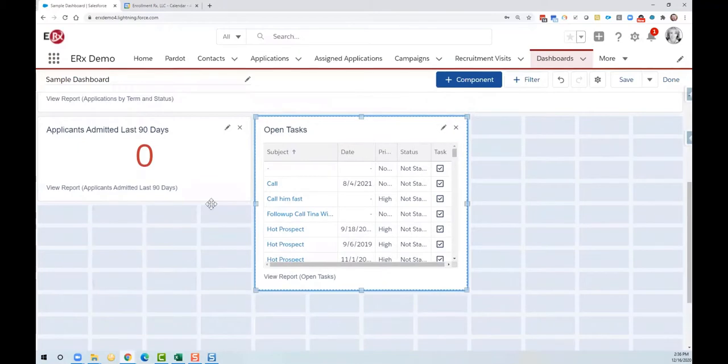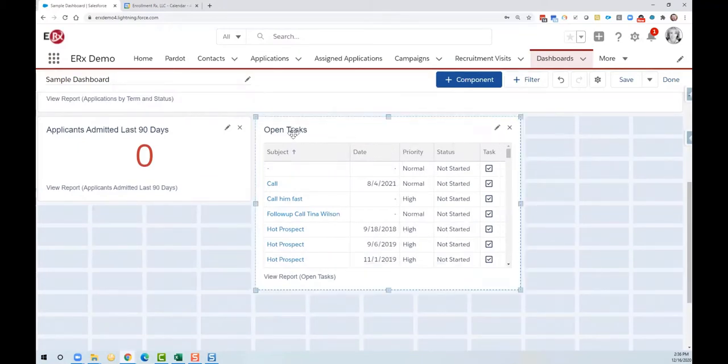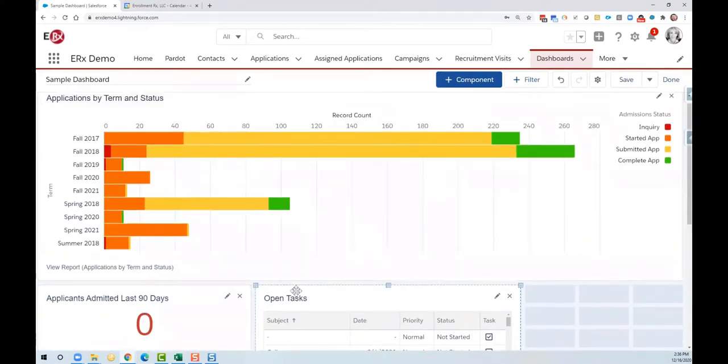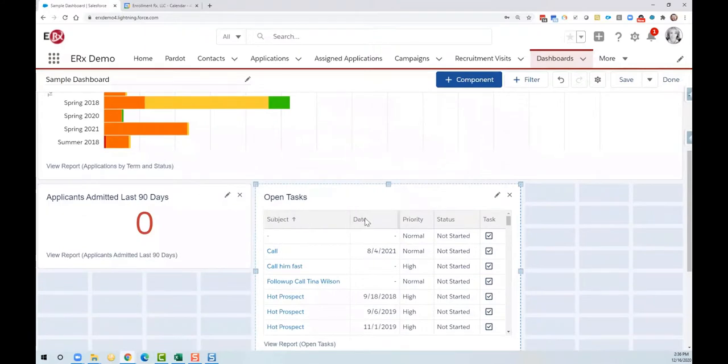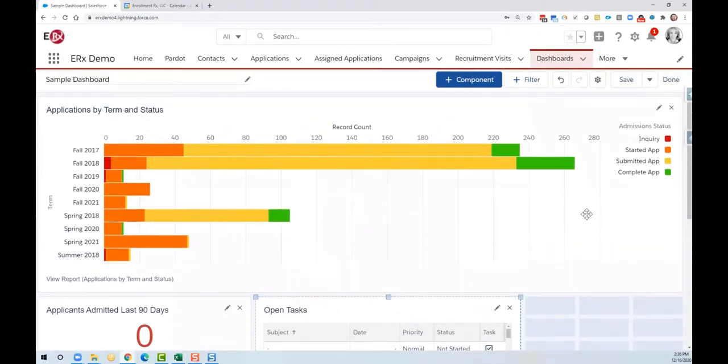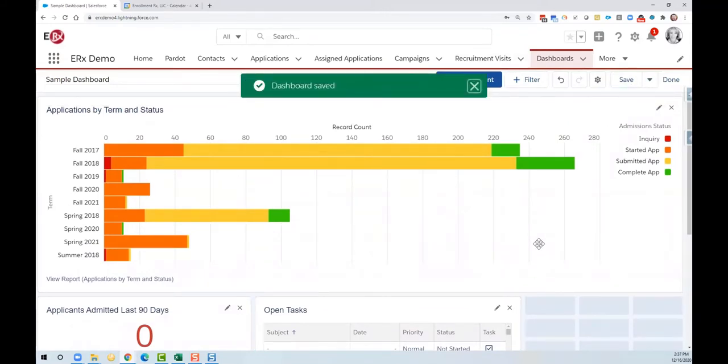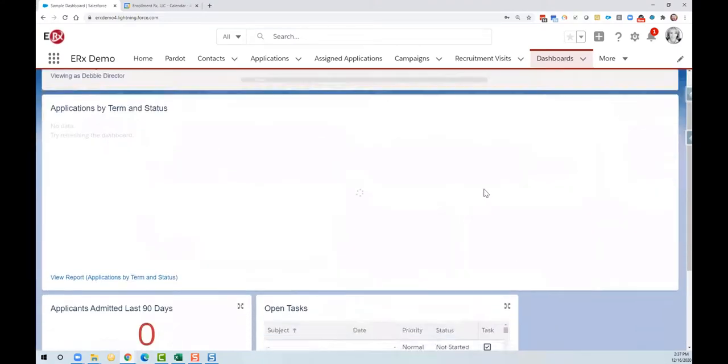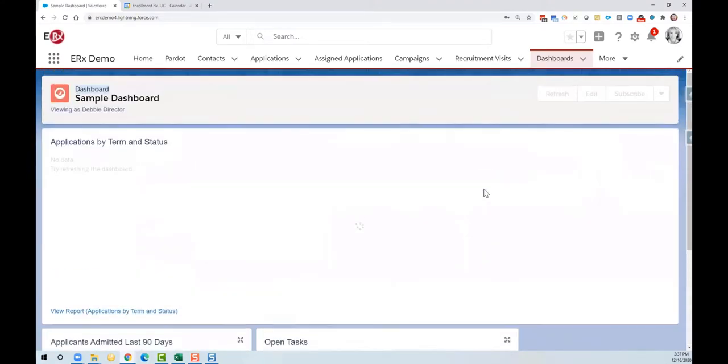Now I can edit within here to display how many here, but I just wanted to give you a quick visual of open tasks, and this would be controlled. The columns here would be controlled with what was set up in the report. But if I just want to quickly hit save here, what's going to happen as soon as I save this and hit done is now this visual kind of goes away,